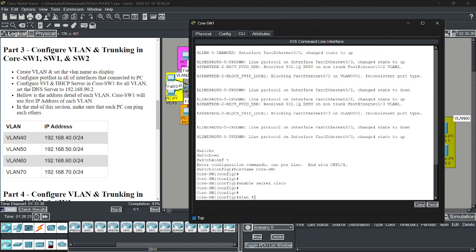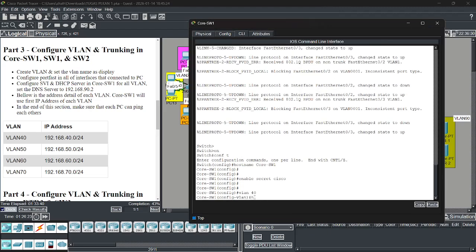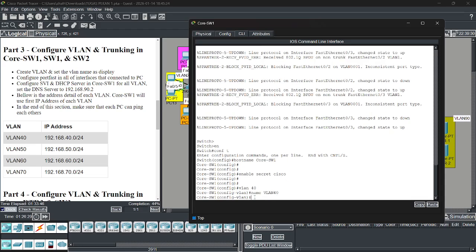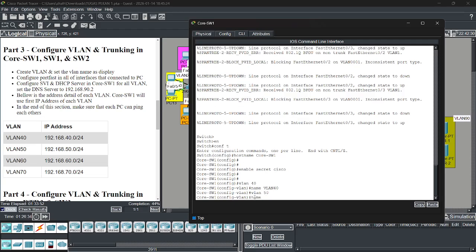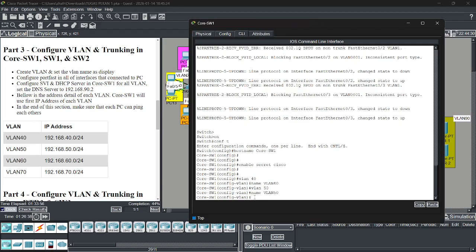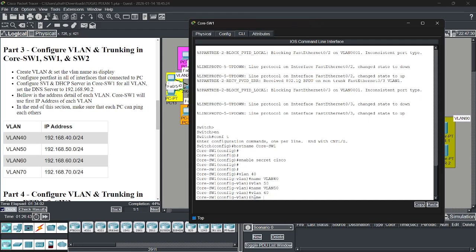VLAN 40, name VLAN 40, and then VLAN 50, name VLAN 50, and then VLAN 60, name VLAN 60.